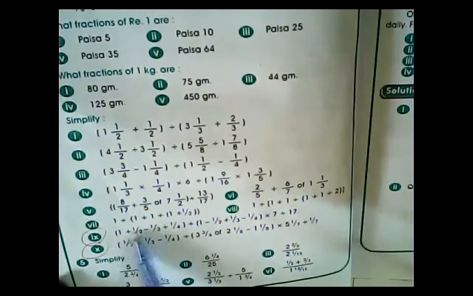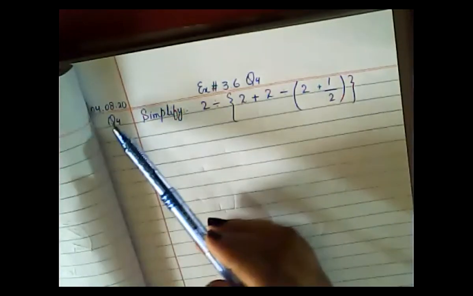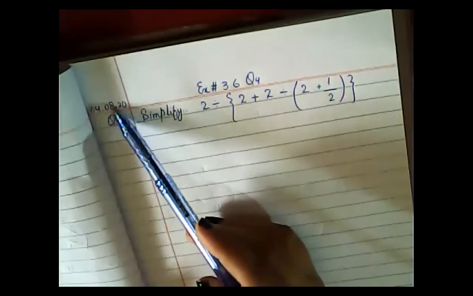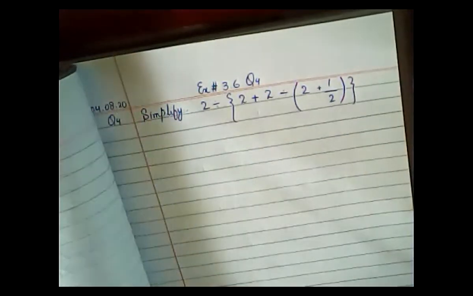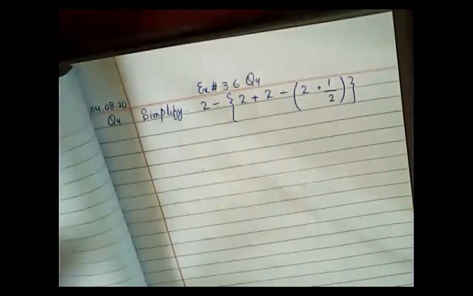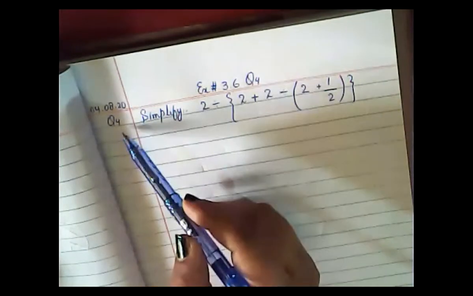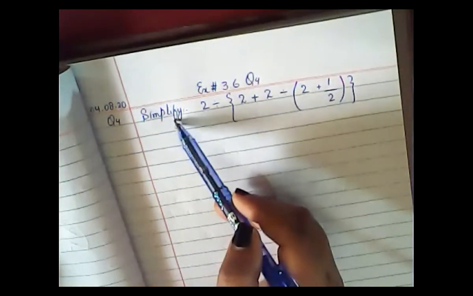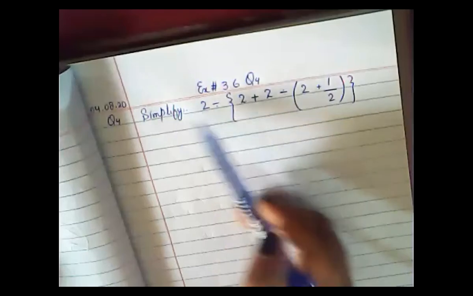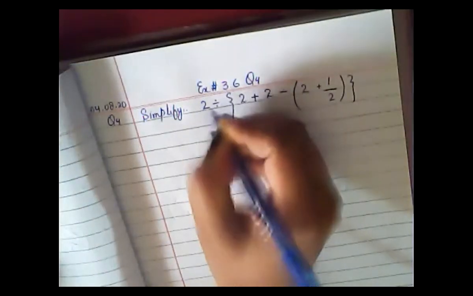Okay, so let's start this question now. So look here, you have this question here. If you look at it very carefully, how will you start your work? You will write down the date first. Okay, this is a must, this is the way to do your work. You will write down the date first, then you will write exercise. Question number 4 is simplify, and you have to simplify this question.